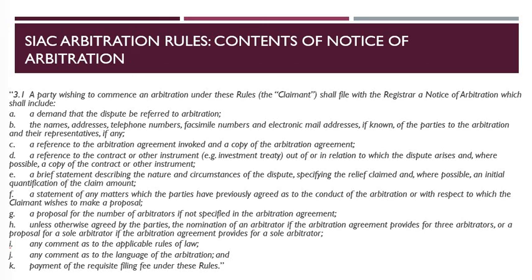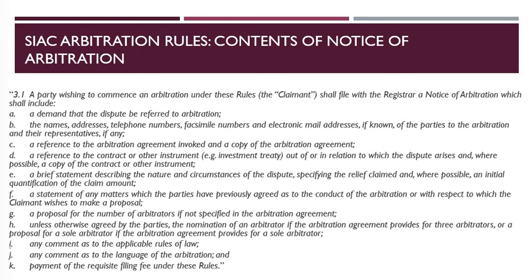c. a reference to the arbitration agreement invoked and a copy of the arbitration agreement; d. a reference to the contract or other instrument, for example an investment treaty, out of or in relation to which the dispute arises, and where possible a copy of the contract or other instrument; e. a brief statement describing the nature and circumstances of the dispute, specifying the relief claimed, and where possible an initial quantification of the claim amount; f. a statement of any matters which the parties had previously agreed as to the conduct of the arbitration or with respect to which the claimant wishes to make a proposal;